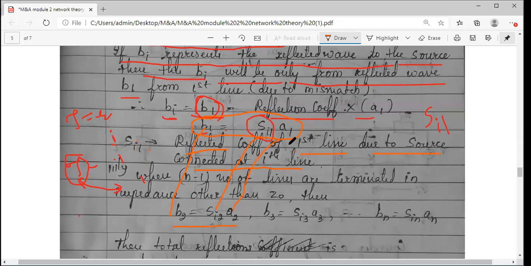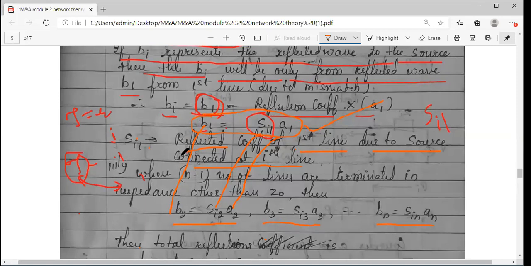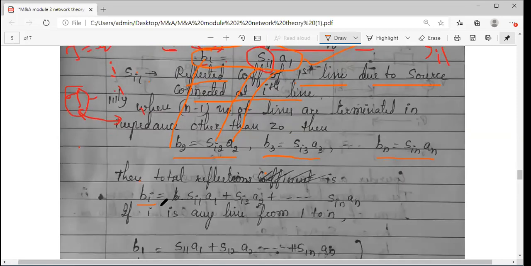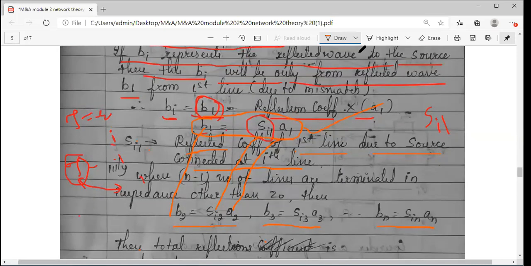If I take the third combination, the third figure, similarly just these subscripts will change. B1 for this, B2, B3, B4 up to Bn, right? So these are all the reflections. B1, B2, B3 indicate reflections for different combinations of your two-port networks. So if I want to combine all these, the total value of the reflection will be Bi is equal to the sum of these. What are the different sums? What all do I have to add?